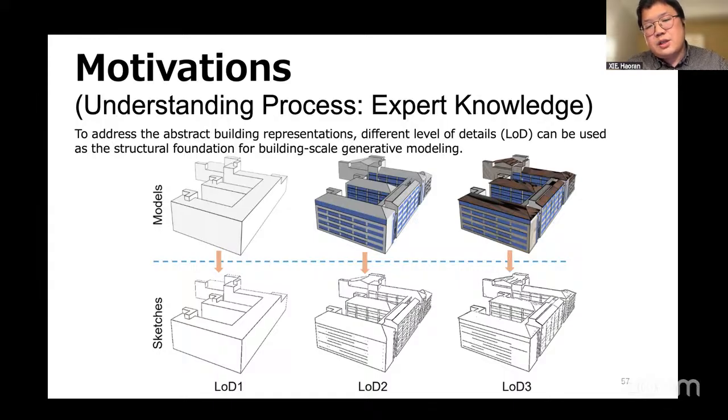We want to define different levels of the details of the design. I mean, this sketch. In that sense, we can solve the problem of how, for example, to design the window or design the door or design any element for that. This is also the process when people do the design. They do it procedurally. They basically add the details when they finish the previous steps. So this is also our future work. We will work hard maybe this year to make some results. Yes, thank you very much.